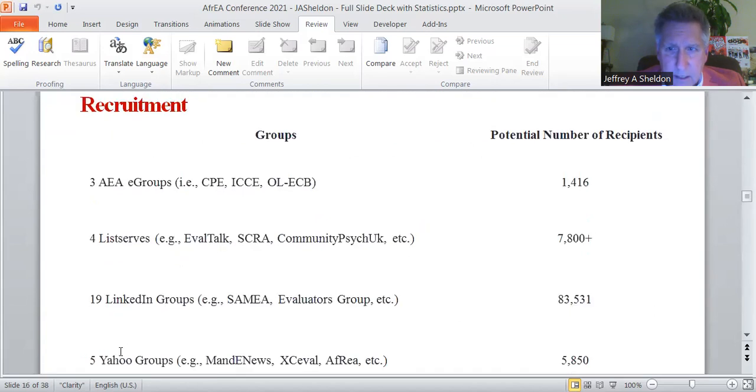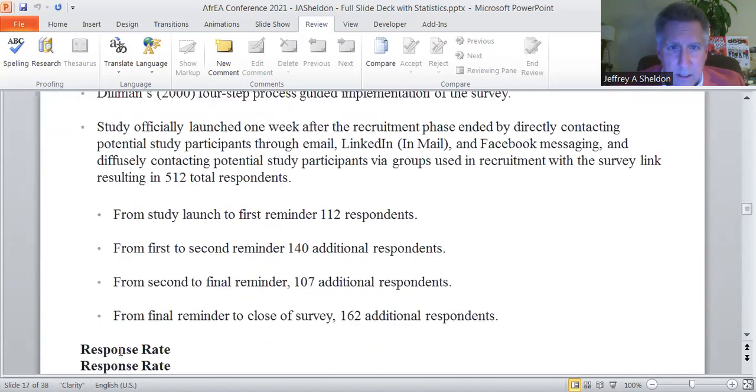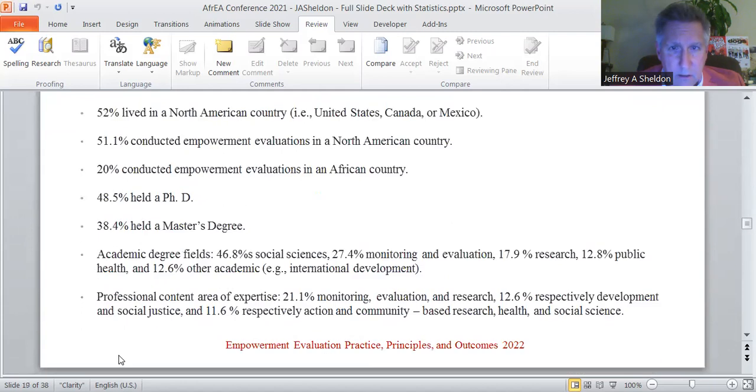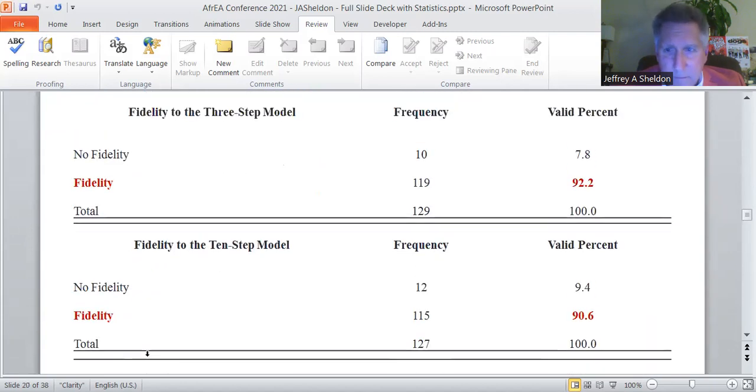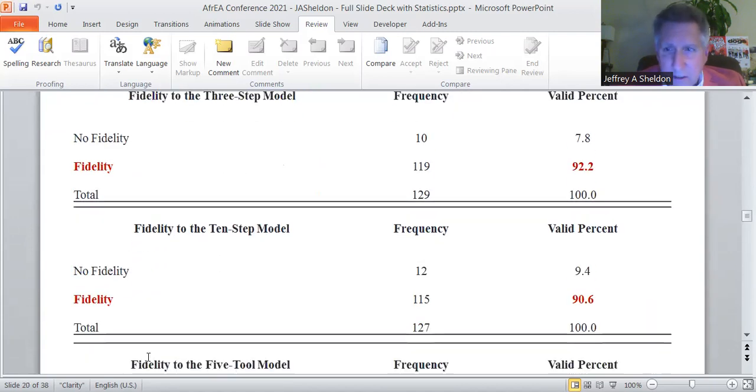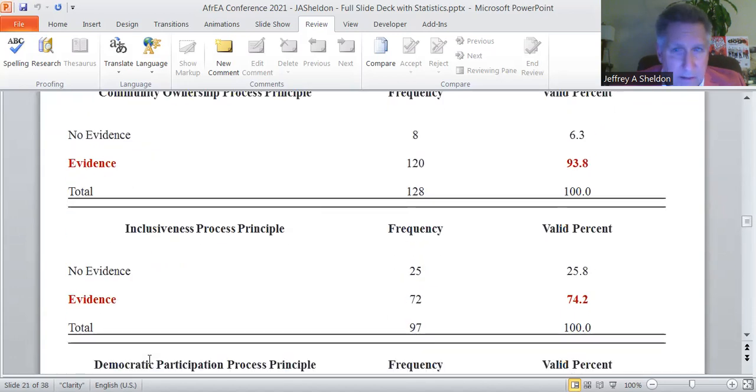I'm sorry about that. Okay, back up here. Yeah, so you've got model fidelity, we don't care about that. We're talking about, so